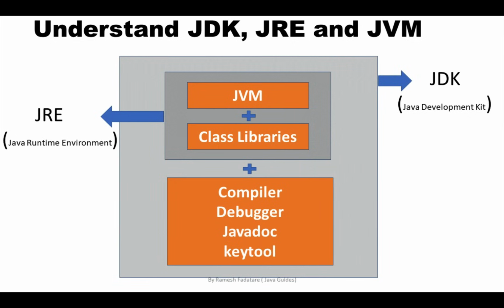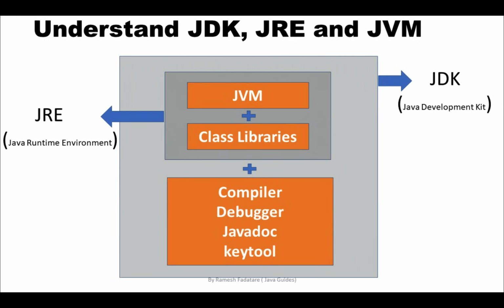Now let's talk about JVM. JVM is at the heart of the Java programming language. When we execute a Java program, JVM is responsible for converting bytecode into machine specific code. JVM is also platform dependent and provides core Java functions such as memory management, garbage collection, security, etc. We can also customize the JVM as per our requirement, like we can allocate minimum and maximum memory to